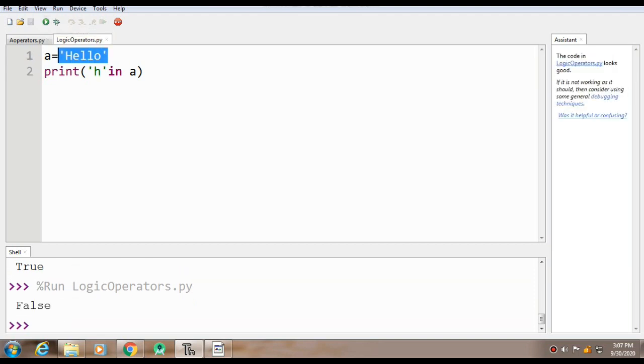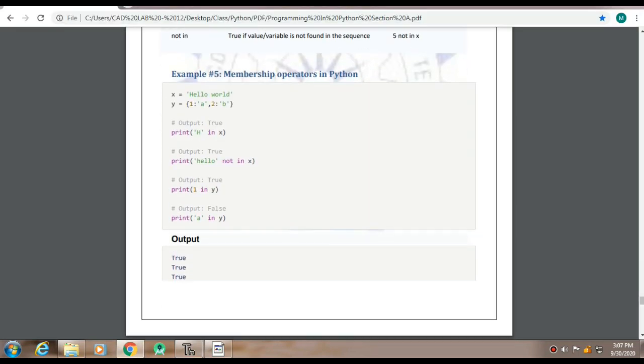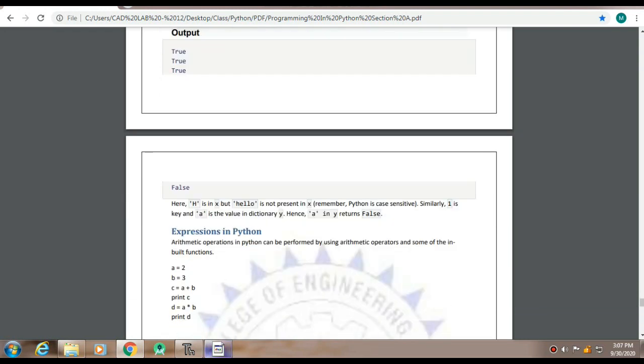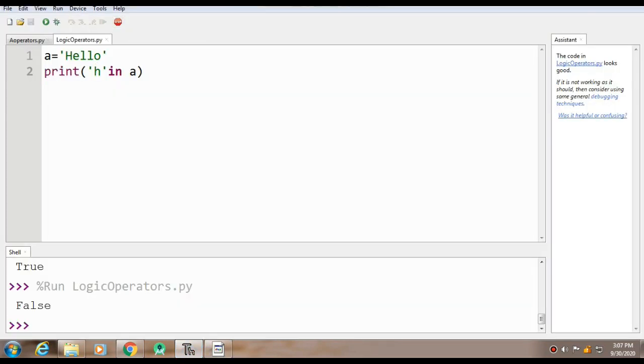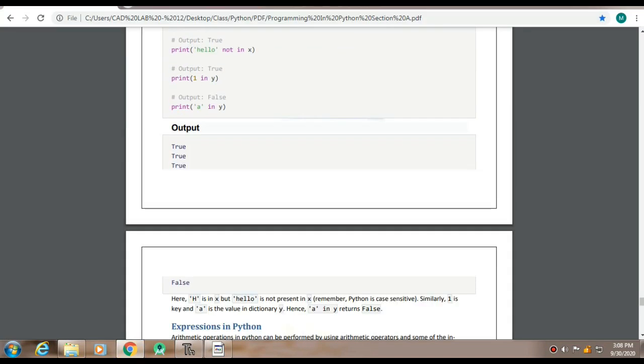Why? Because we know that Python is case sensitive. So this is the second kind of operator available in Python, the membership operators. One more thing we can check is not in. When I try with not in, it will return me True because this H doesn't belong to your a string. So these are all the operators that are available in Python.